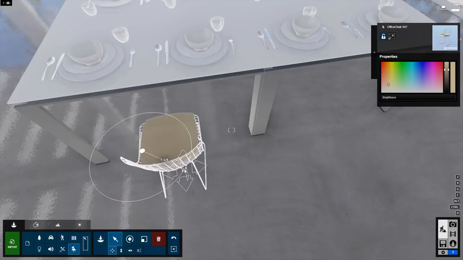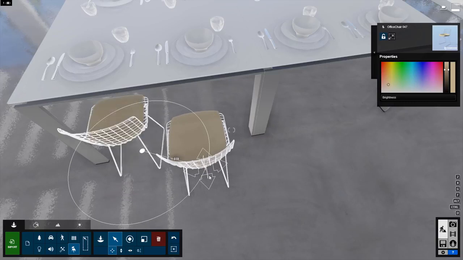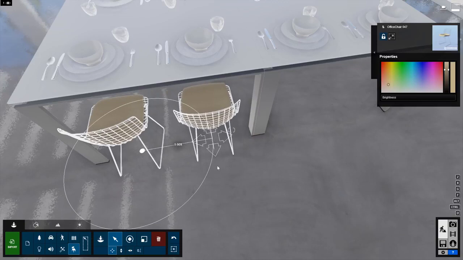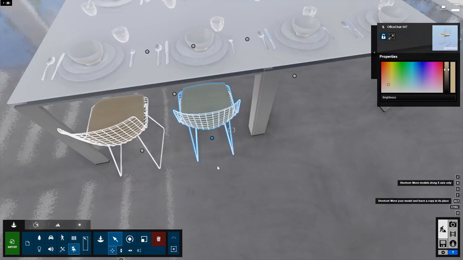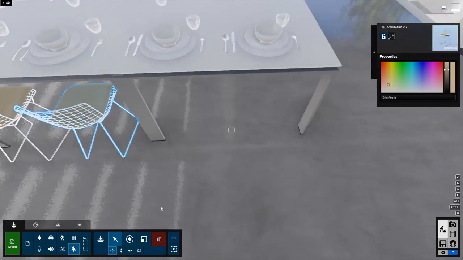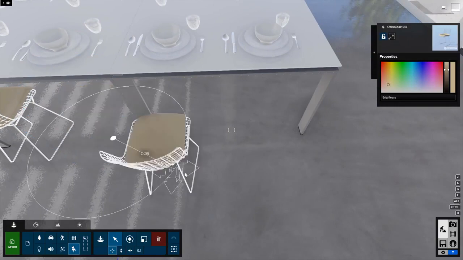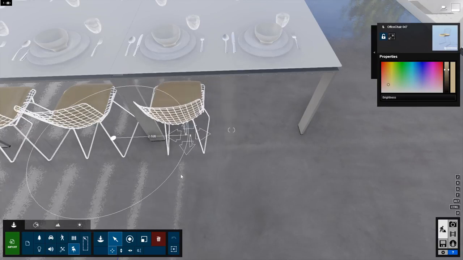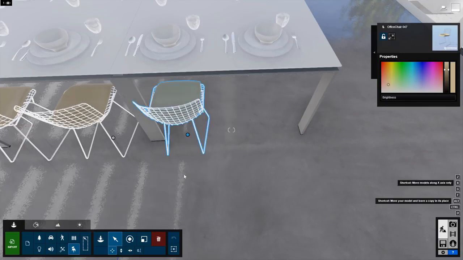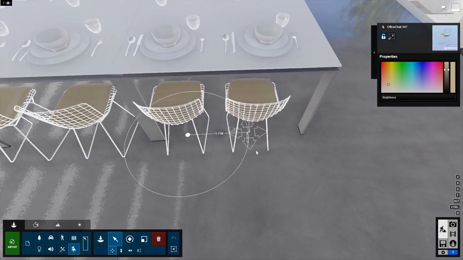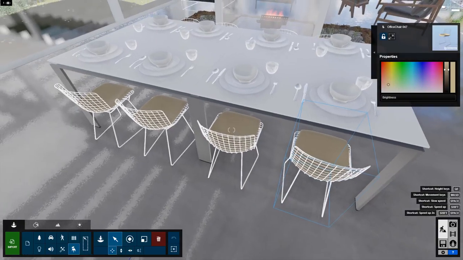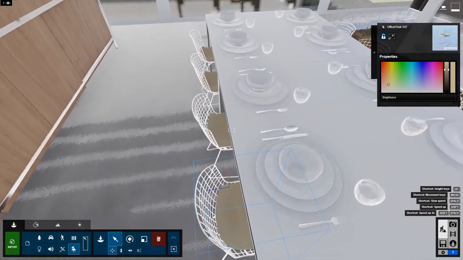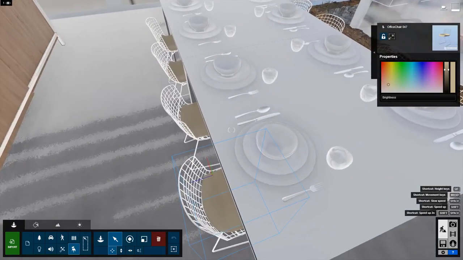And this one, I'm going to use a move, and I'm going to hold Alt to make a copy, and I'm going to hold X to constrain it on axis, like that. All right, so let's do that again. So for this one, I'm going to move it, I'm going to hold Alt, and I'm going to hold X. And that's going to make a copy of the chair and constrain it on the X axis. And then it gets pretty easy after that. I can do it one more time. So this way, I know that everything has been moved and copied perfectly and precisely right along that X axis.